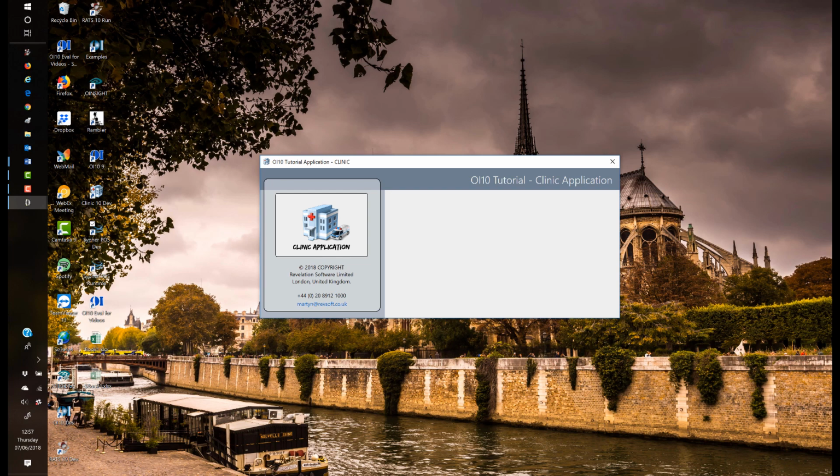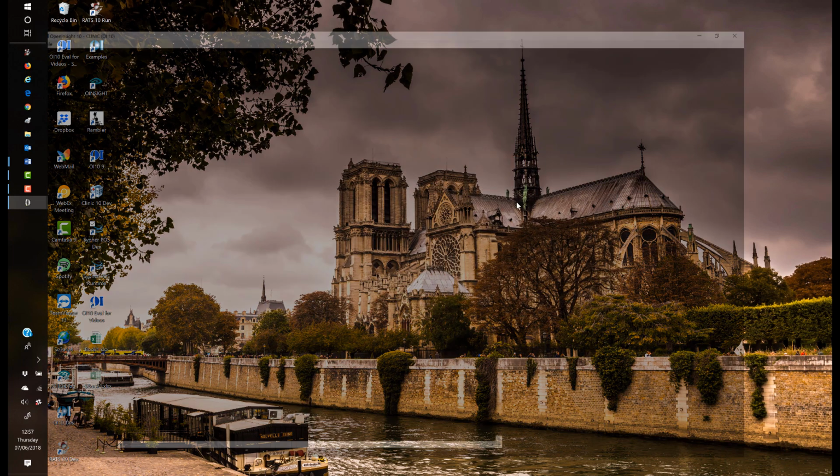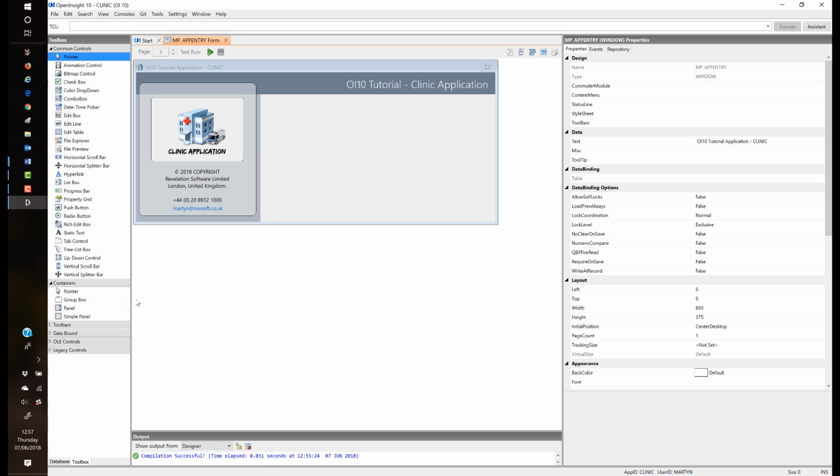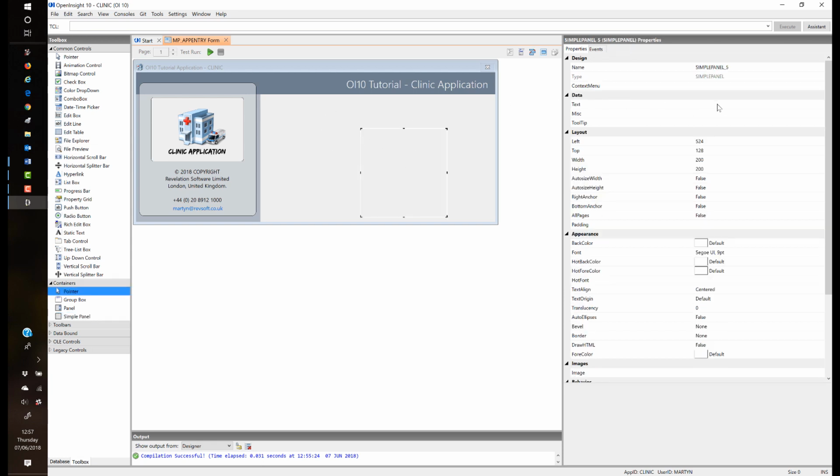Okay, so I'm relatively happy with the left hand side now. So the next thing we'll do is start looking at the right hand side. The first thing I'm going to do is close down the test run. We'll grab another simple panel and drop that onto our panel main, so this grey area here, and we will call this one panel_controls. We don't need any text, so left we'll go 300, the top 148 I think,